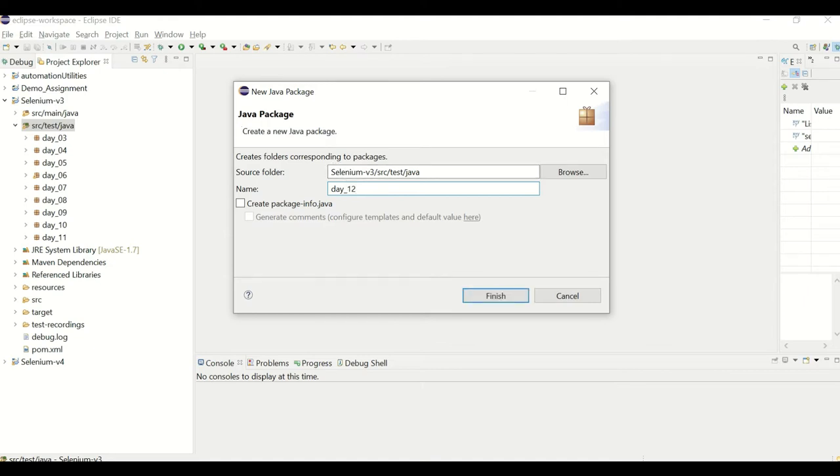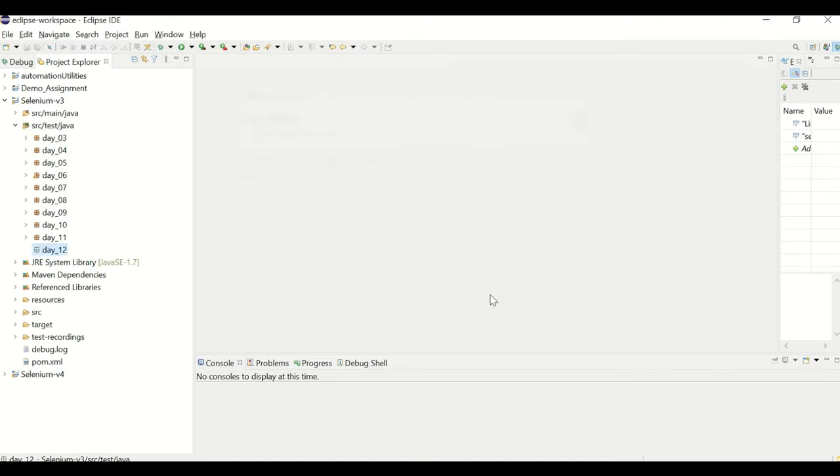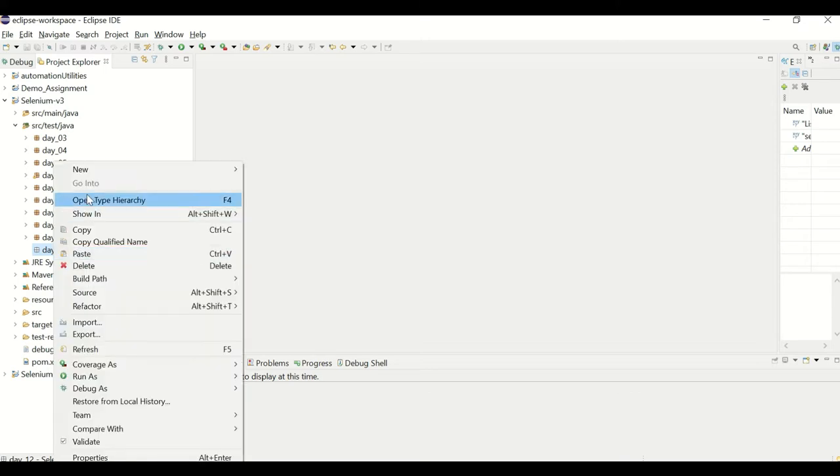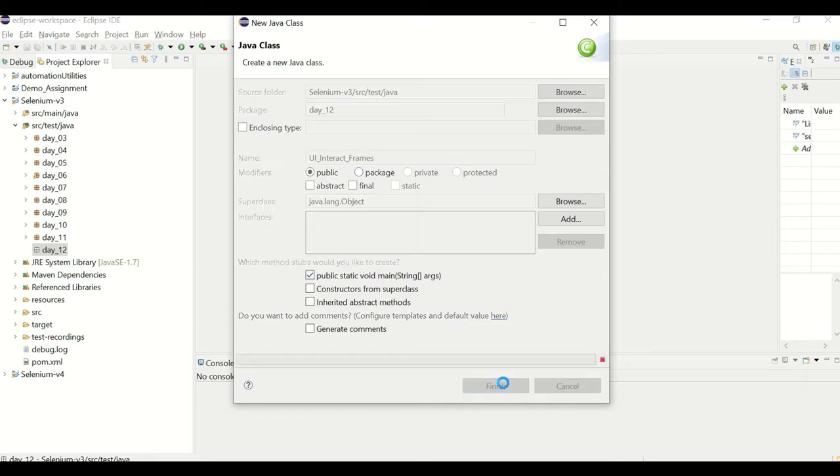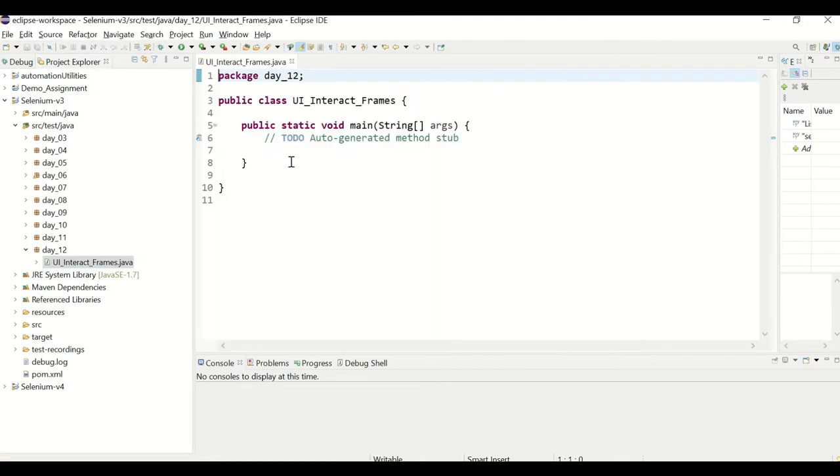Now create a new test script: right click, new class, and name the class UI underscore interact underscore frames. Select the main method, click finish. Now the main method is created.